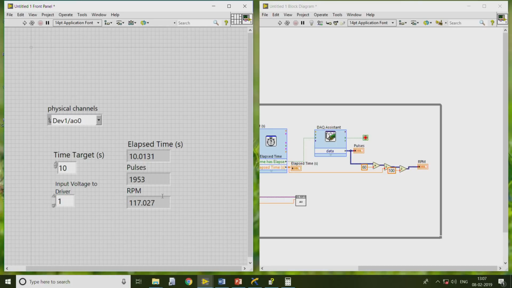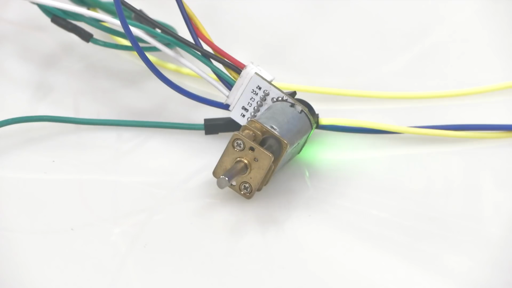So in order to understand, we should know for 10 seconds how many pulses the motor is rotating. At the same time, we also check whether it has been rotating for 10 seconds or not. So let me do it. I will be counting manually. We will start: 1, 2, 3. So it is taking only 3 complete revolutions for 10 seconds. That means for 60 seconds it is approximately 18 RPM.